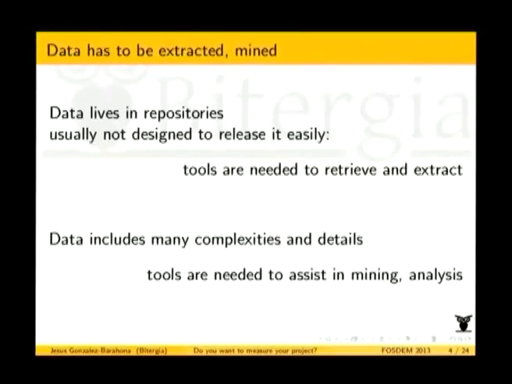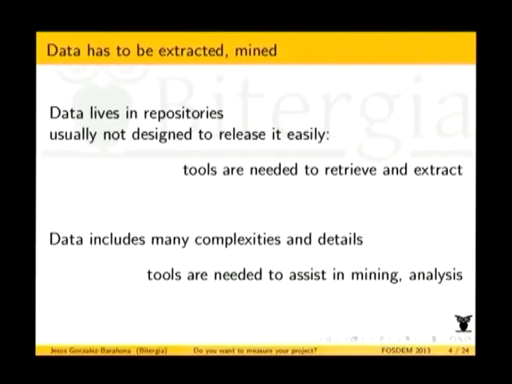So the problem with data in the free software repositories is that, first of all, it lives in repositories which were not designed to be mined. They were designed to do development, and getting the information out of them is not always easy. Depending on the repository, in some cases it's very easy. In some others, it's quite difficult. So we need tools to retrieve information. That's basically Metrics Grimoire. Metrics Grimoire is going to extract data from repositories like Git or Bugzilla